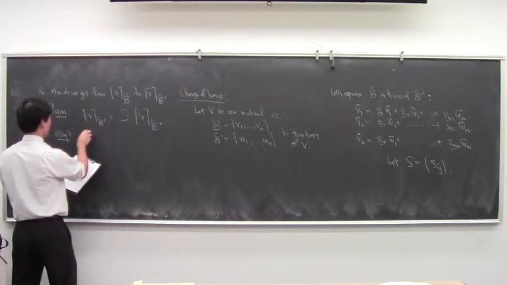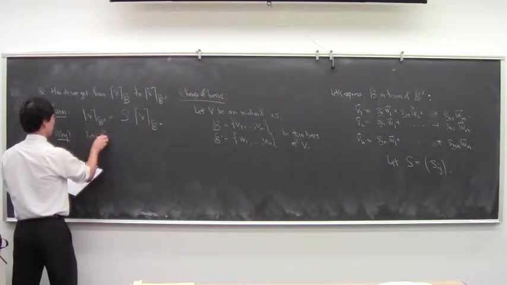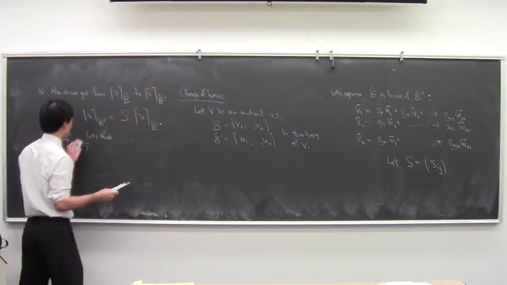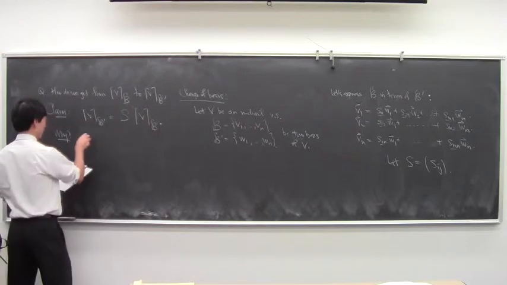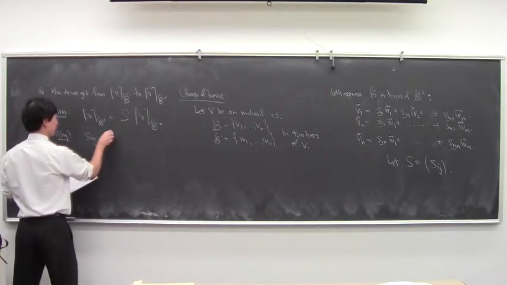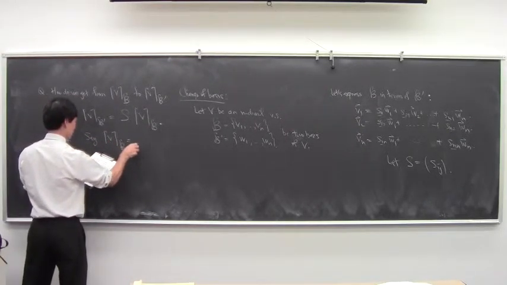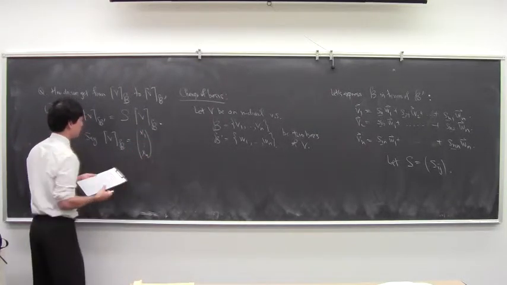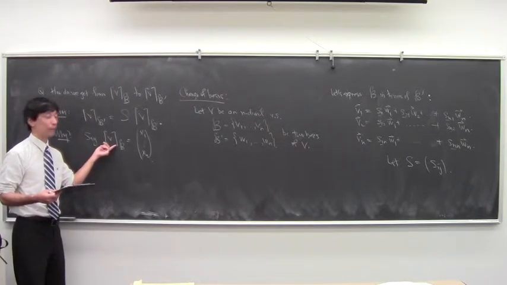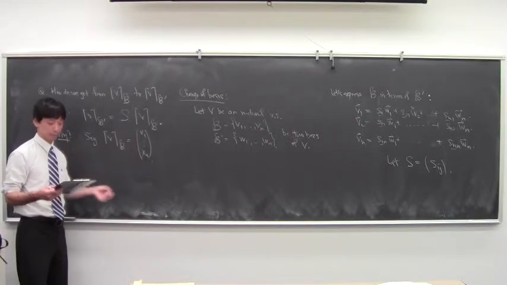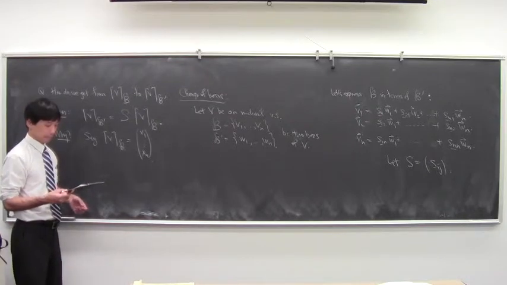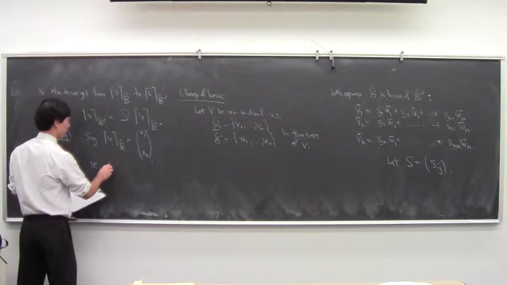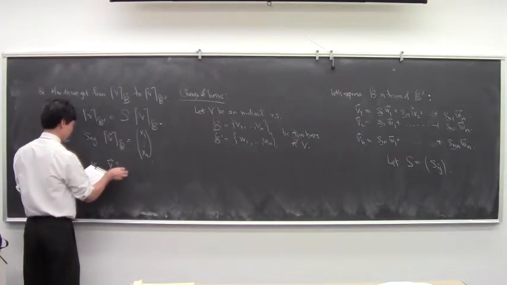So let's think. I need to write that. Let's just put some notation down. Suppose that the coordinate of V with respect to B is x1 through xn. That is to say that V is actually